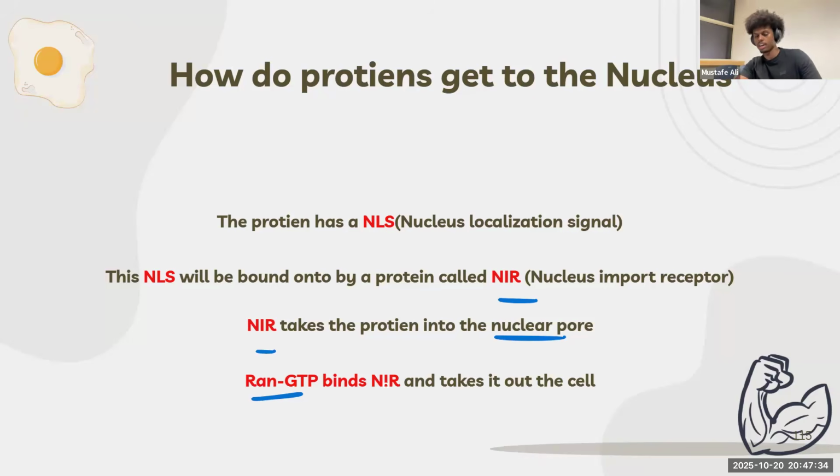Now, because NIR is responsible for taking in NLS proteins, if it doesn't leave the nucleus, it's not going to be able to take other proteins in. Think about it like this. If there's a taxi that's taking people from, let's say, uni to your house, and that taxi stays next to your house almost all the time, every single day, it's not going to be able to take other people from uni to your house. Well, that shouldn't even happen, but you guys get the point. So NIR is responsible for taking things into the nucleus. But if it's not present outside of the nucleus, there's literally no point to its function. Did that make sense?